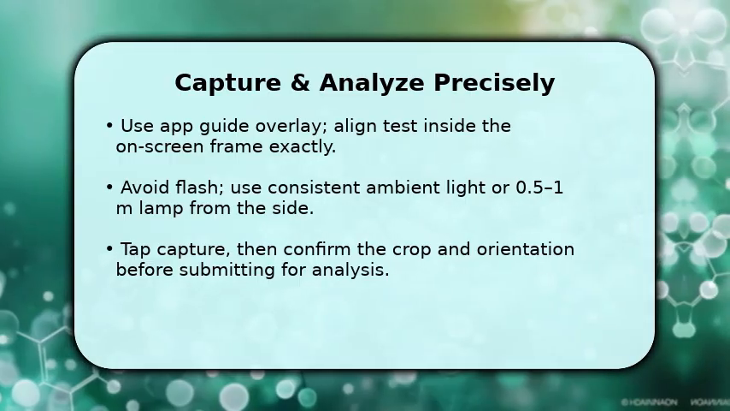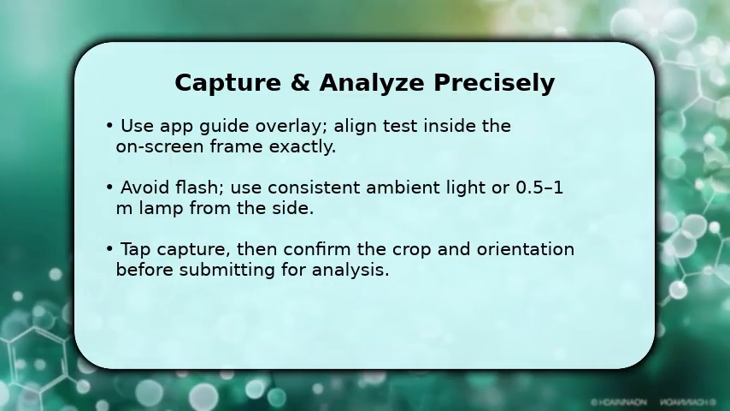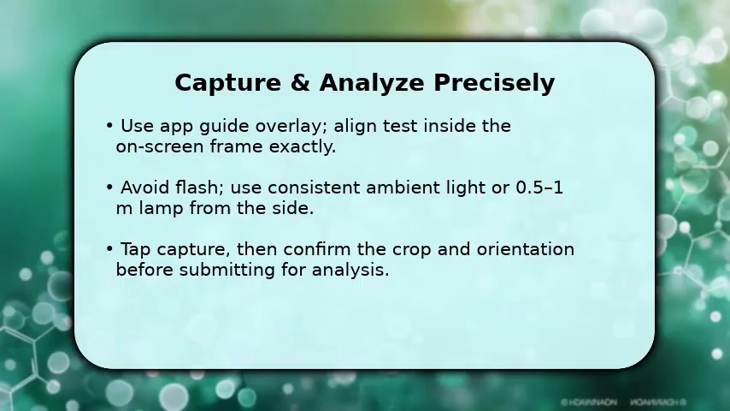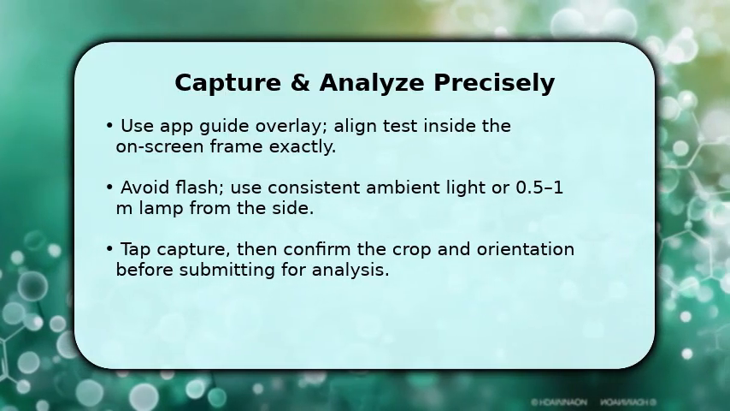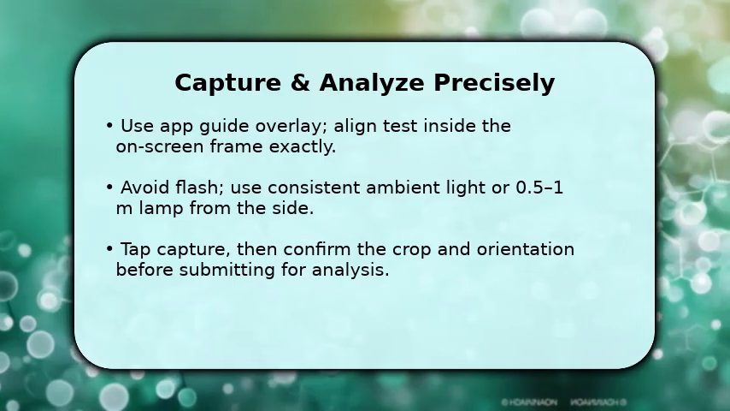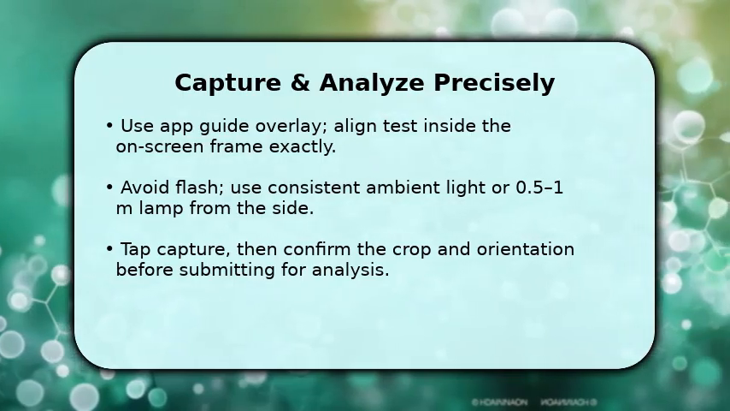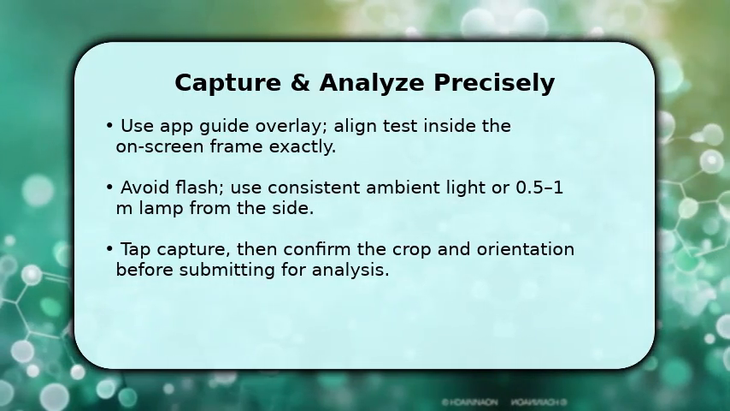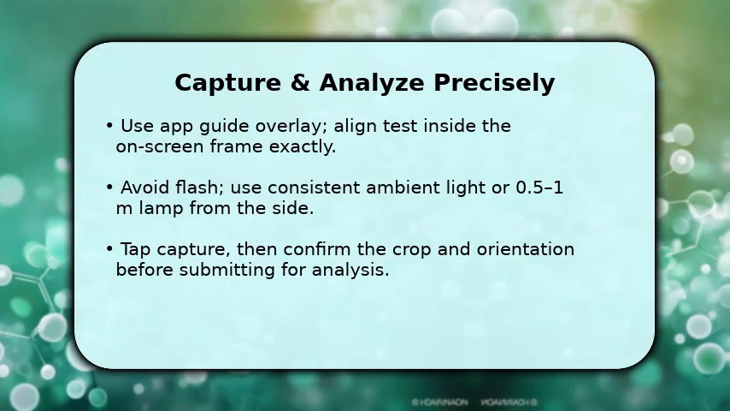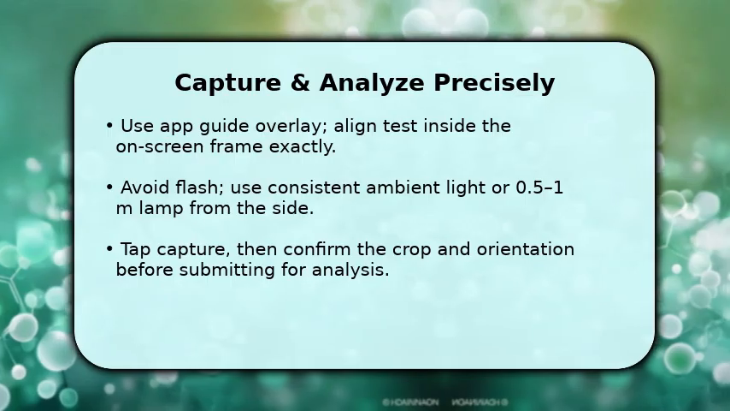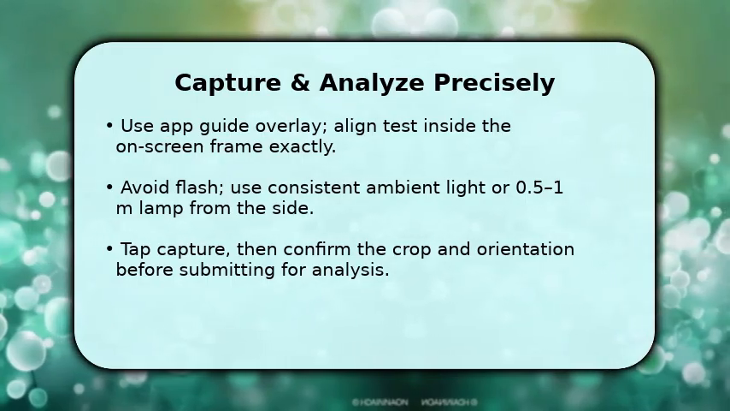Avoid using flash since it can blow out faint lines. Instead, use consistent ambient light or a lamp set about 0.5 to 1 meter away from the side to reduce reflections. Tap capture, then inspect the automatic crop and rotation the app made. If needed, adjust the crop slightly so the result window sits centered before